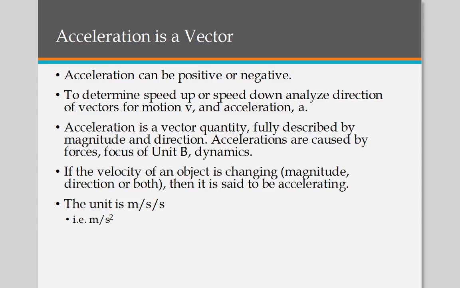So acceleration is a vector. It can be positive or negative. So typically we say that we'll have the right as positive and the left as negative. So the second bullet here, to determine if an object speeds up or speeds down, you have to analyze the direction of the vectors for both motion and acceleration. So for example, if your velocity vector is pointing this way, so you're moving to the right, and your acceleration vector also points in that direction, then you will speed